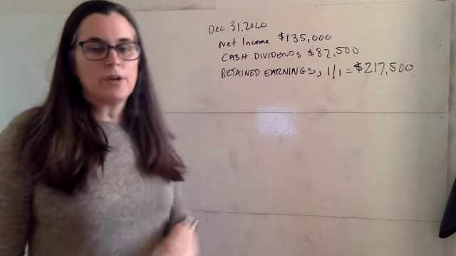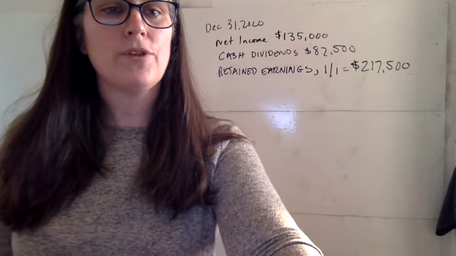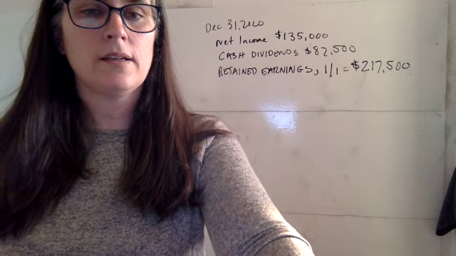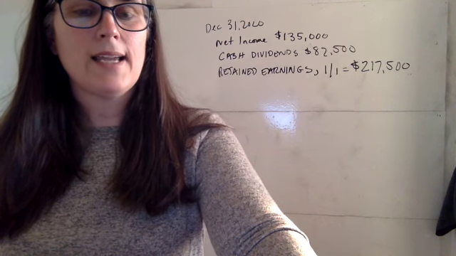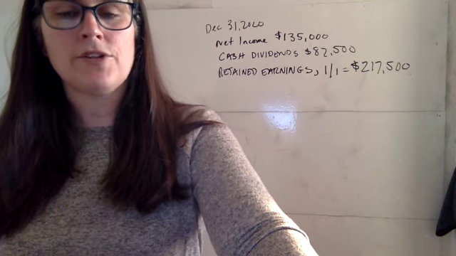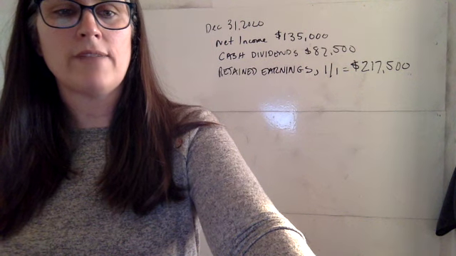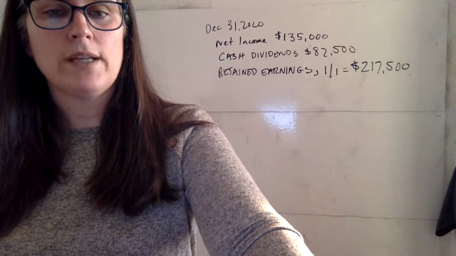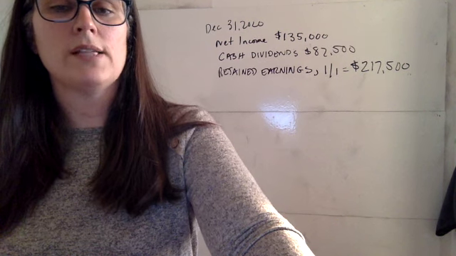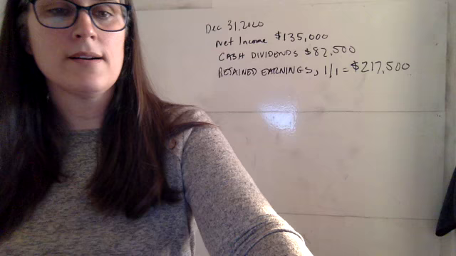We are told December 31, and I'll read the problem here. We're told December 31, Bonita Inc., you might have a different name of a corporation on your end, reports net income of $135,000 and cash dividends of $82,500. Determine the balance in retained earnings at December 31, assuming the balance in retained earnings on January 1 of the year was